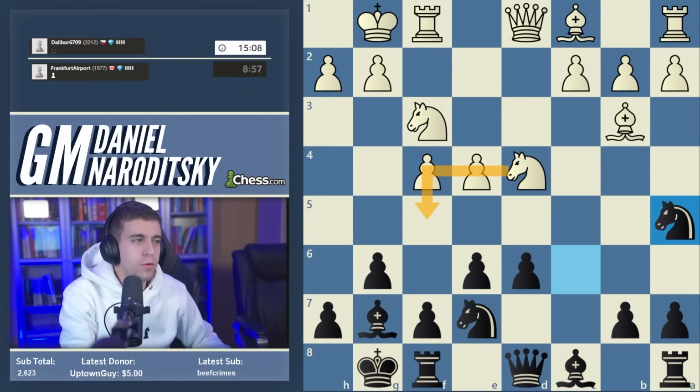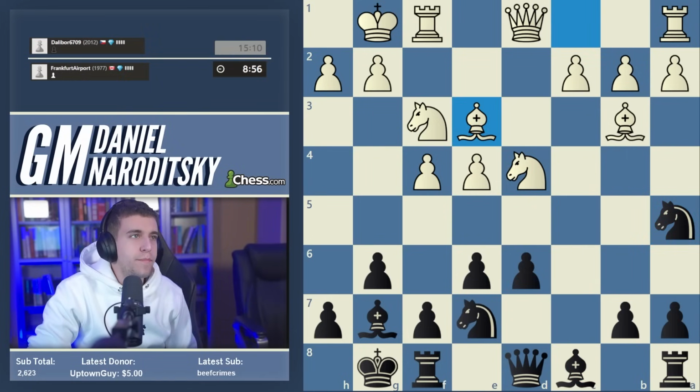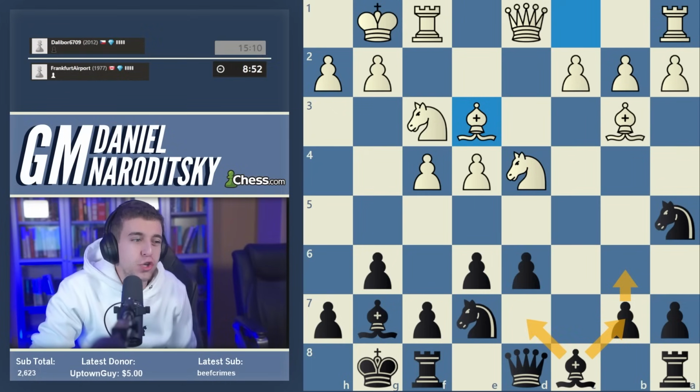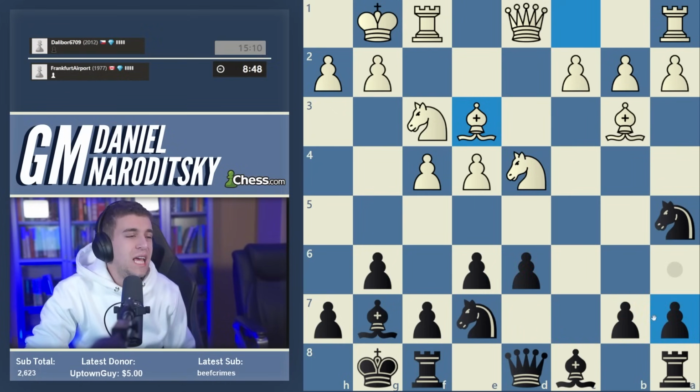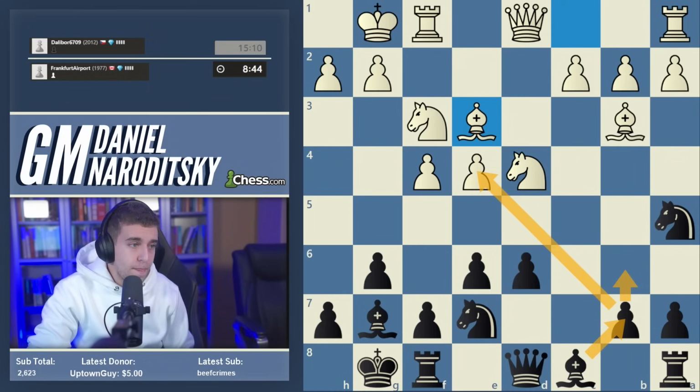Okay, so what is going to be our kind of system of development? Well, when I look at this position, the bishop on c8 really needs to be deployed. And I think the best spot to deploy it is b7, right? I mean, we could go bishop to d7, but then our pawn on d6 gets even weaker. And I feel like if we could bring our bishop to b7, at least we're exerting some pressure on white's